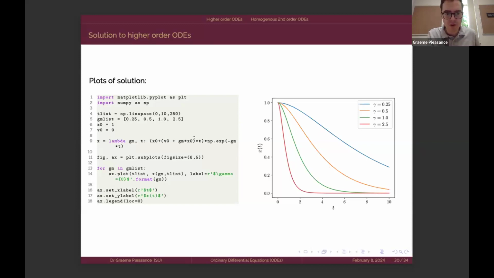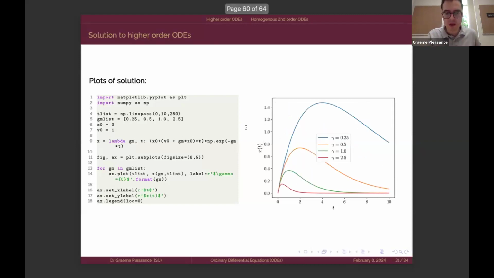If we look at the exact solution, we have this almost linear decay at short times, and then at long times this is dominated by the exponential decay. Okay, and the next slide just shows the same thing, but with different